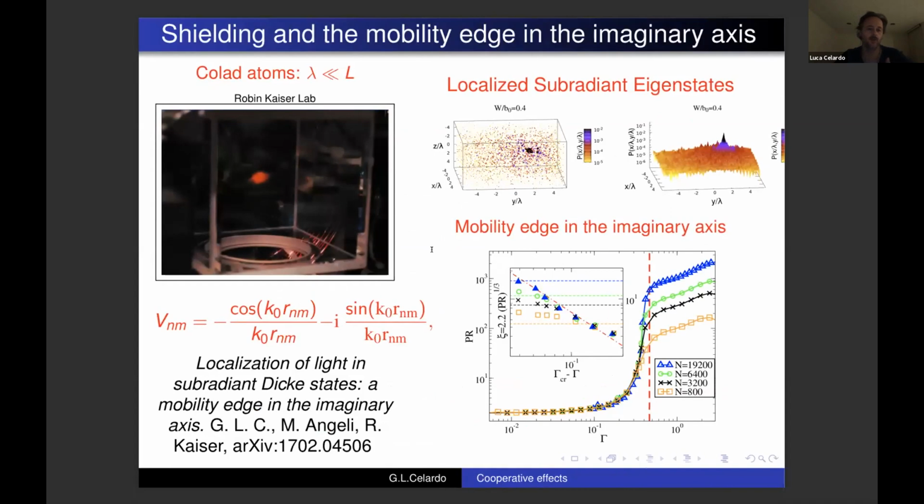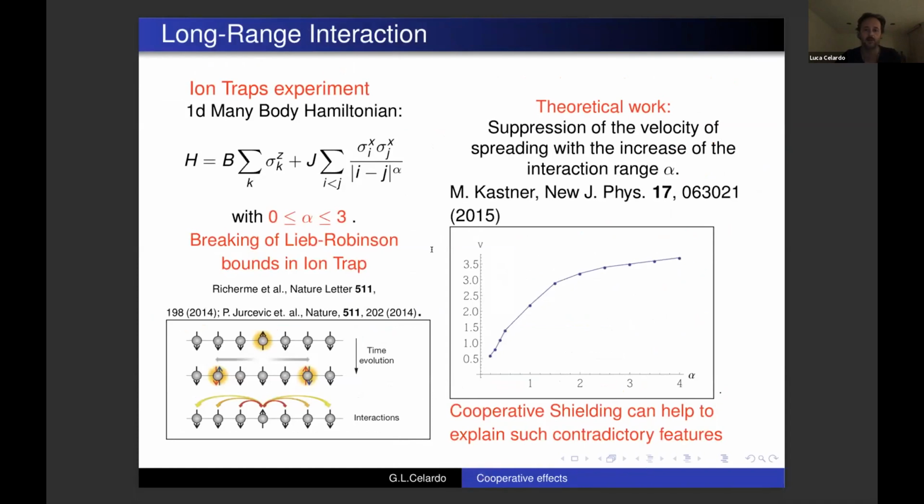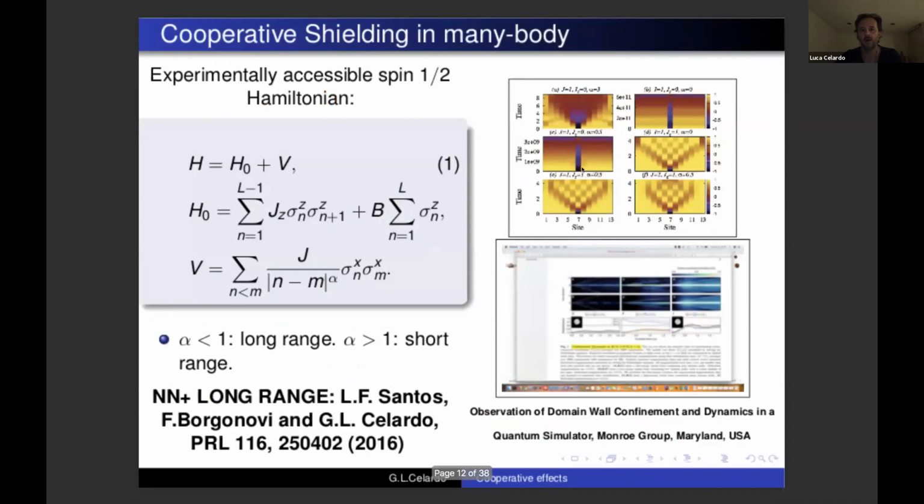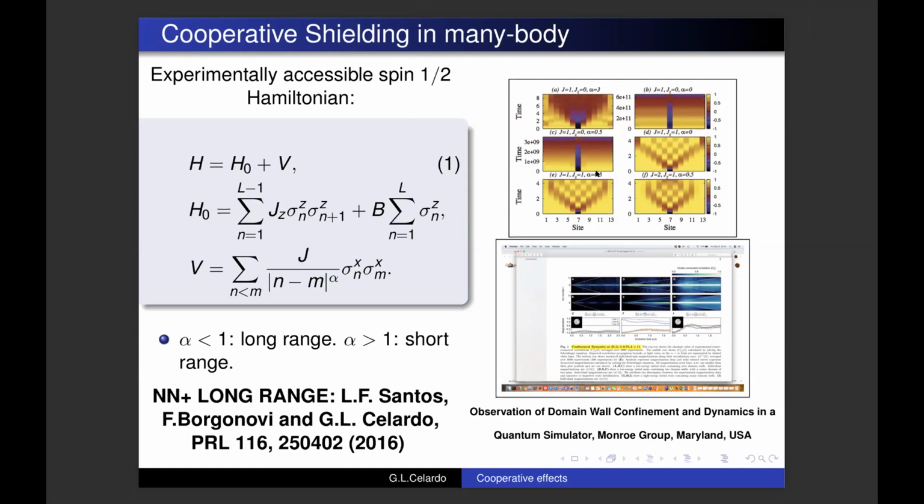And okay, I don't want to enter into other things. This is a work we did on open systems, and this is a work we did about cooperative shielding in many-body systems. Our theoretical prediction has been confirmed by an experiment of the Monroe group in Maryland, where even in a many-body system, this cooperative shielding effect can be seen. So long range is suppressed, and you can have a frozen evolution or an evolution which is as if there is a short range Hamiltonian governing the dynamics of the system, and not a long range Hamiltonian. Okay, since I have 3 minutes left,